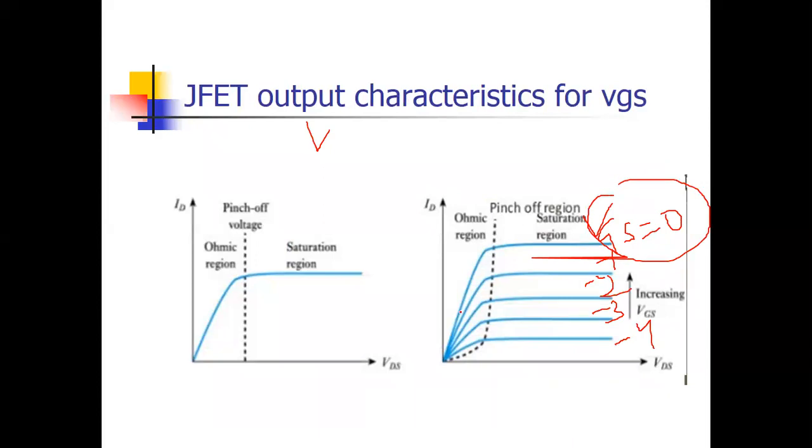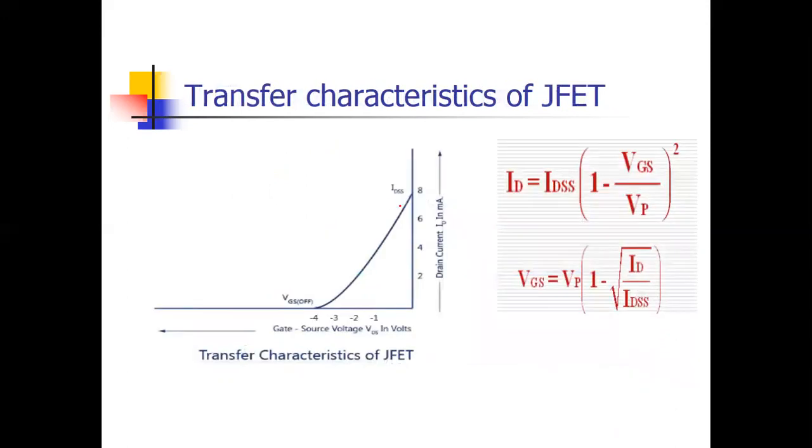So that's why it works in reverse bias only. Now there are three regions: ohmic region, saturation region, pinch off voltage. Before pinch off voltage, it was following Ohm's rule. That's why it's called ohmic region. After that, the maximum point occurs, and after that the current is constant, that's called saturation region, because the maximum current already occurs. After that it is constant, so it is called saturation region.